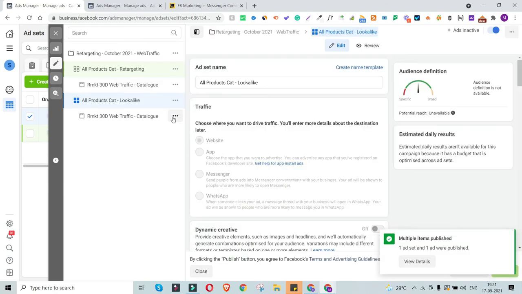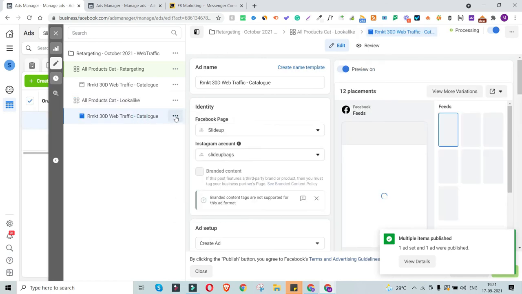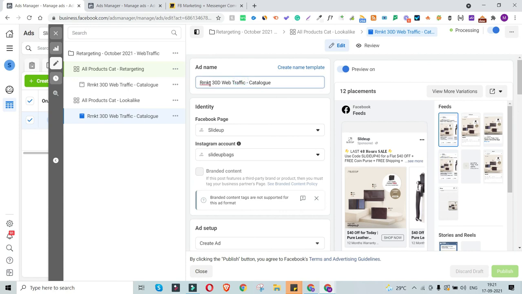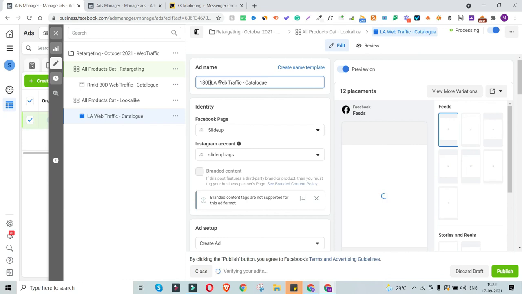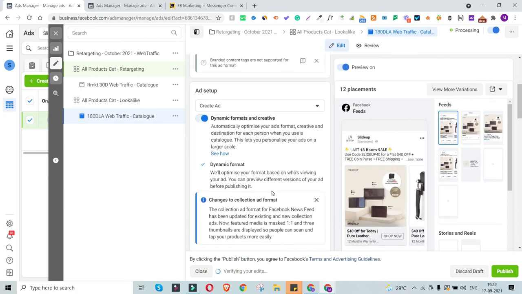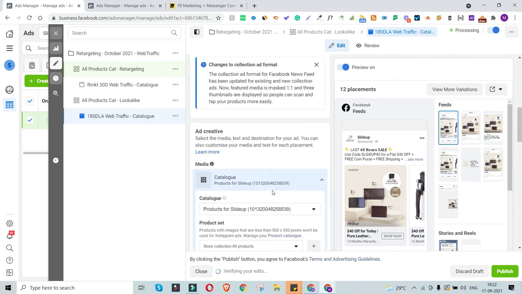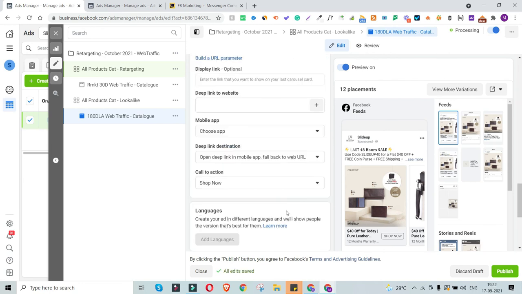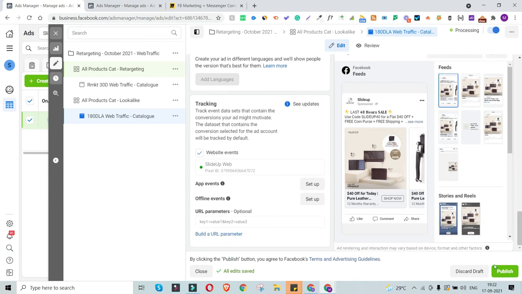Right now what I can also do is I can just rename this ad part. So this rename area is where I can just rename it so that it's not confusing. Lookalike, and it's 180 day, and I'm going to show them the product catalog itself, the similar ad. So yeah,